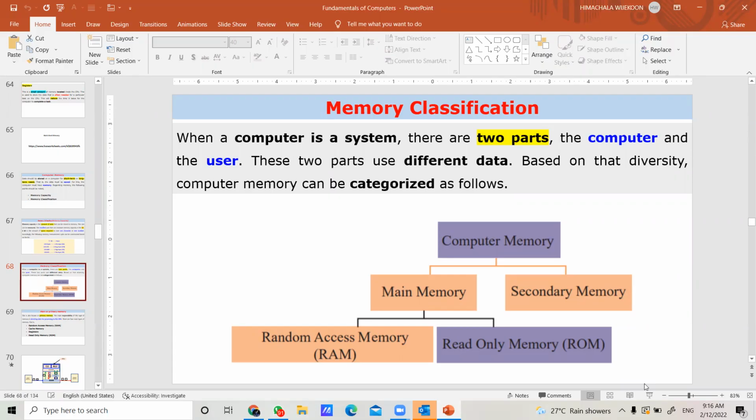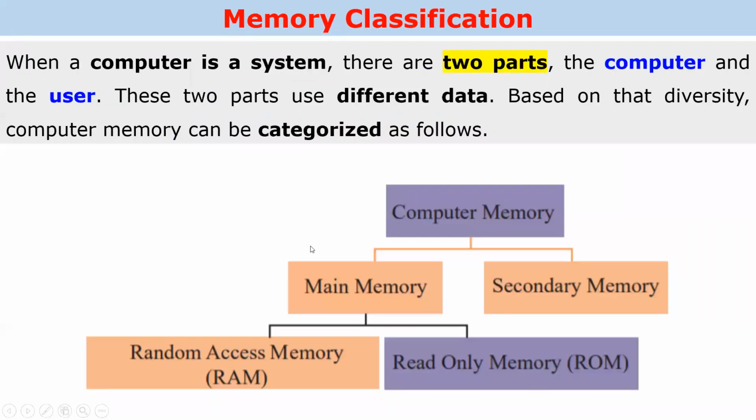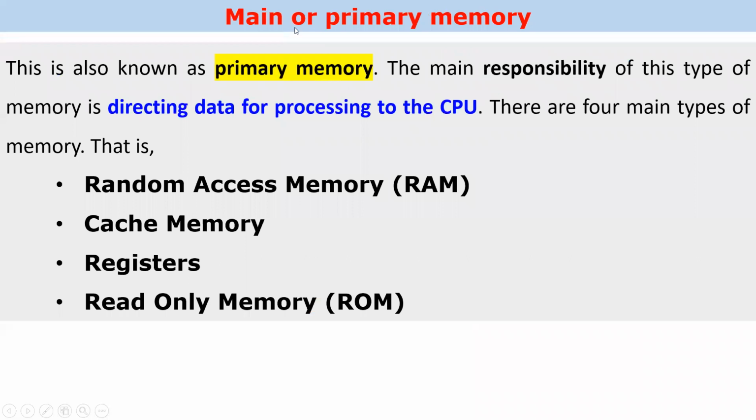Right. Then we'll see one by one. The first one, main memory. According to the hierarchy here, the first we should concentrate on is main memory, or primary memory. Here you can see the other name also, main or primary memory. Primary memory we are using to store the type of data which is required for internal operations of the